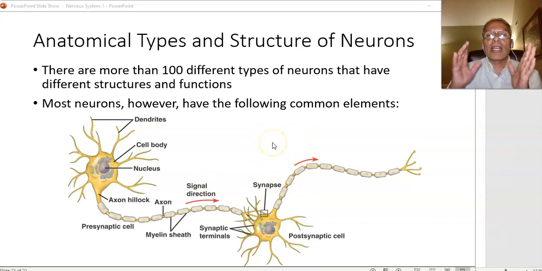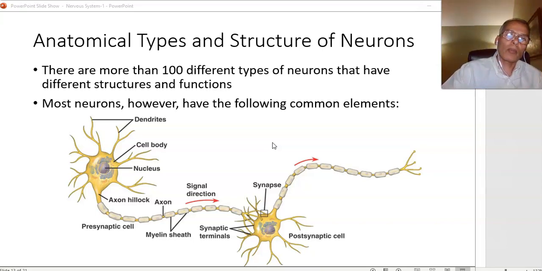So in terms of anatomy, in terms of what they look like, how big are they? Are they small? Do they have one pole at one end, another pole at the other? In terms of their anatomy, neurons come in more than 100 different kinds, and they also have different functions. Most neurons have a basic structure that is similar to the motor neuron. This is why the motor neuron, having the simplest anatomic structure,